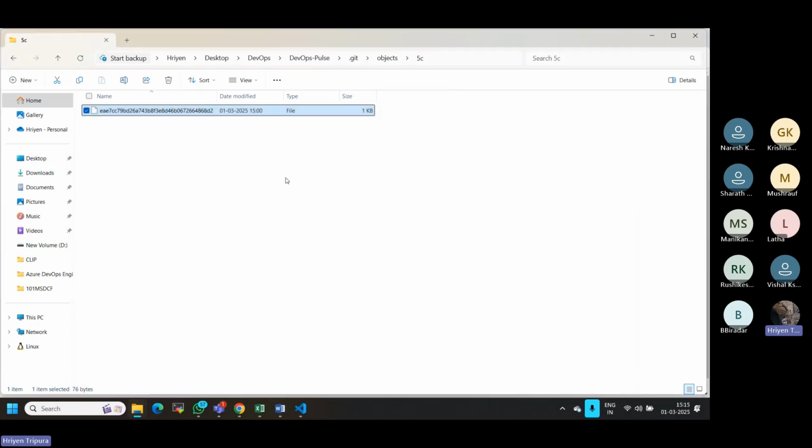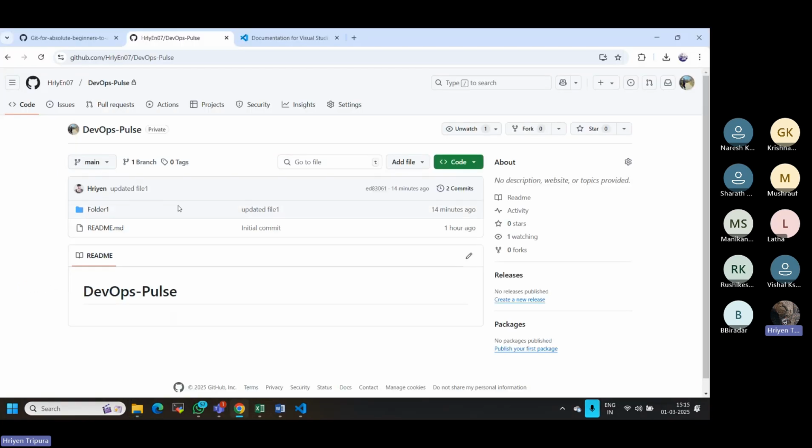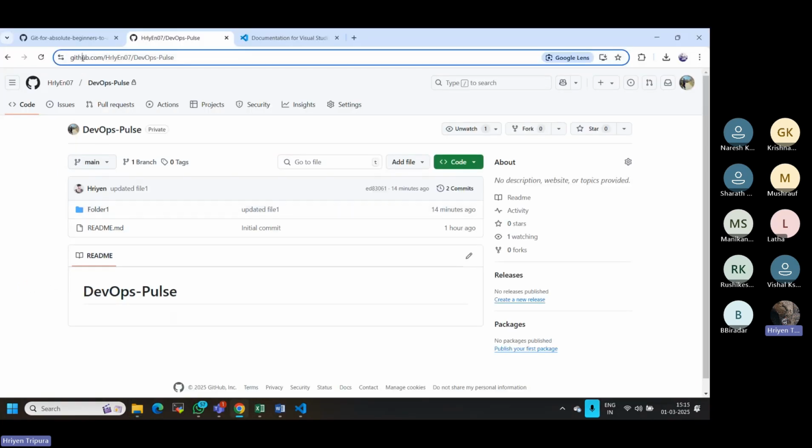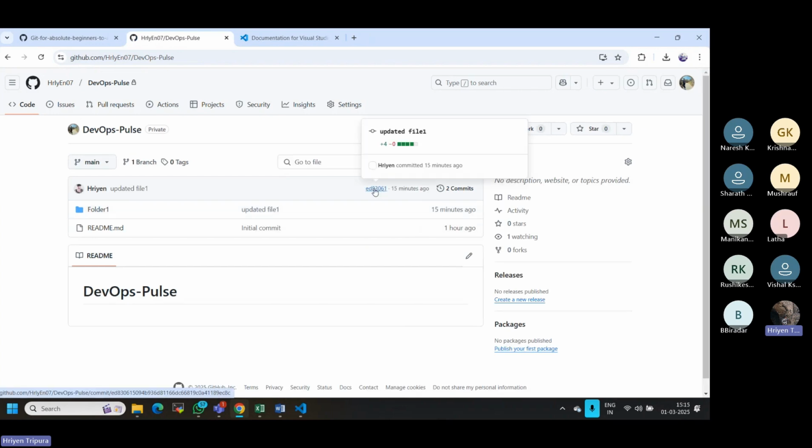The question is, how can I read this if I at all require? It is not actually mandatory, but yes, if you want to read these changes, whatever is written, it is possible. How can I check that? Let me show you. First thing, as I told you, every single change has a commit ID, right? If I see here, there is a commit ID. If I extend, there are 7 characters, if you count 1, 2, 3, 4, 5, 6, 7, right? But if I extend this one,